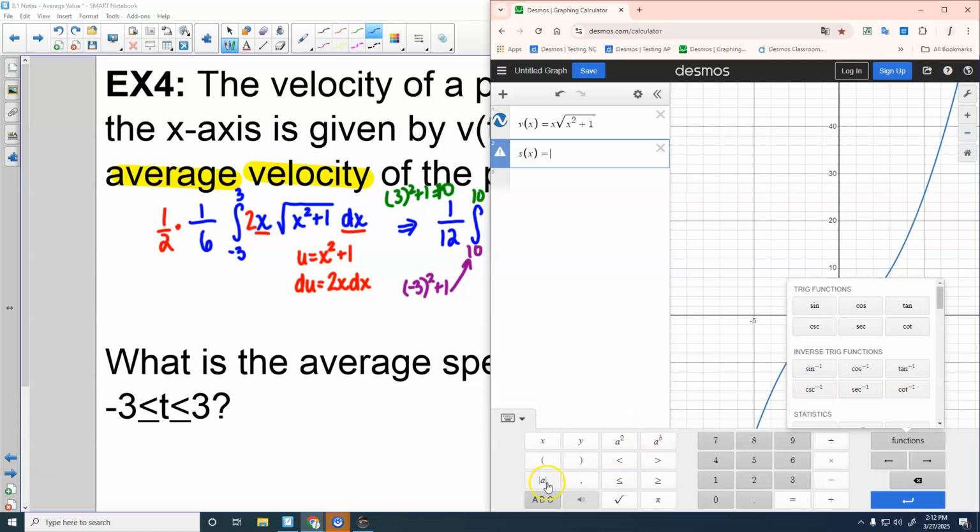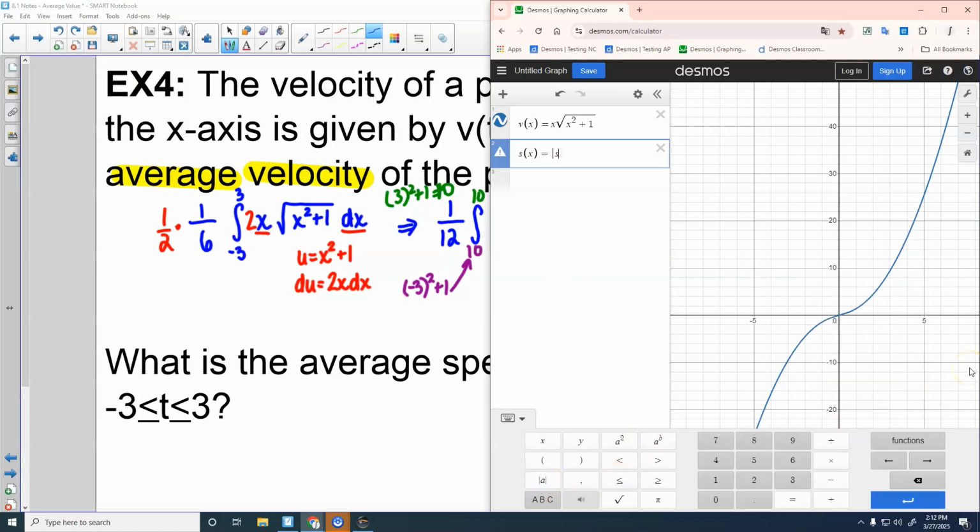Where are those at? Oh, here they are. Absolute value bars, x times the square root of x squared plus 1. And basically it just takes that negative part of the graph and flips it up. And then if I want to do 1/6 integral from -3 to 3 of f, oh, sorry,